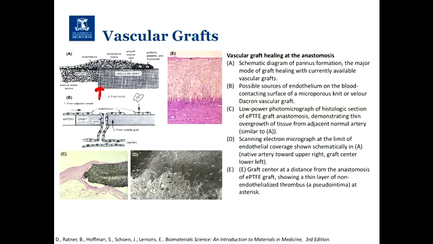Over time, you want your vascular graft to endothelialize. How does that usually occur? The endothelial cells from the native blood vessel will start to migrate along the graft and re-endothelialize. It's going to happen from both ends. If the graft is shorter, it's going to be a lot quicker than if it's longer.